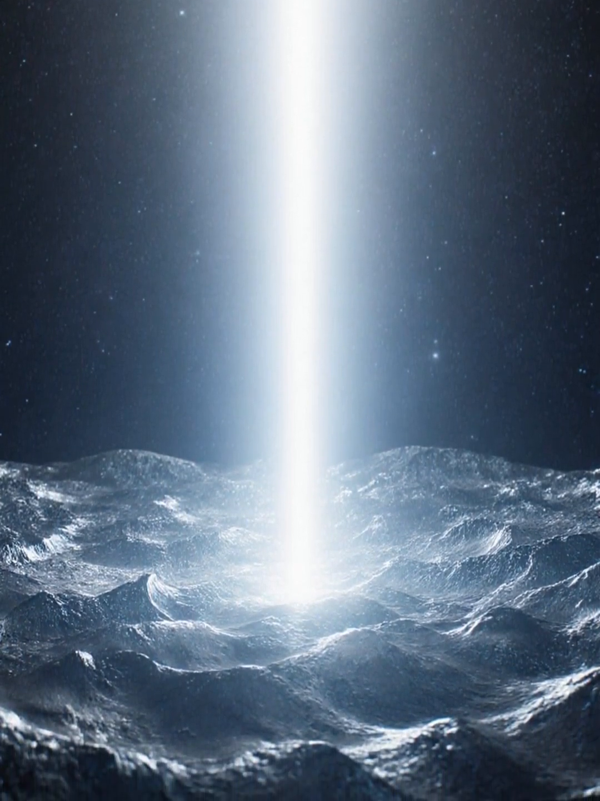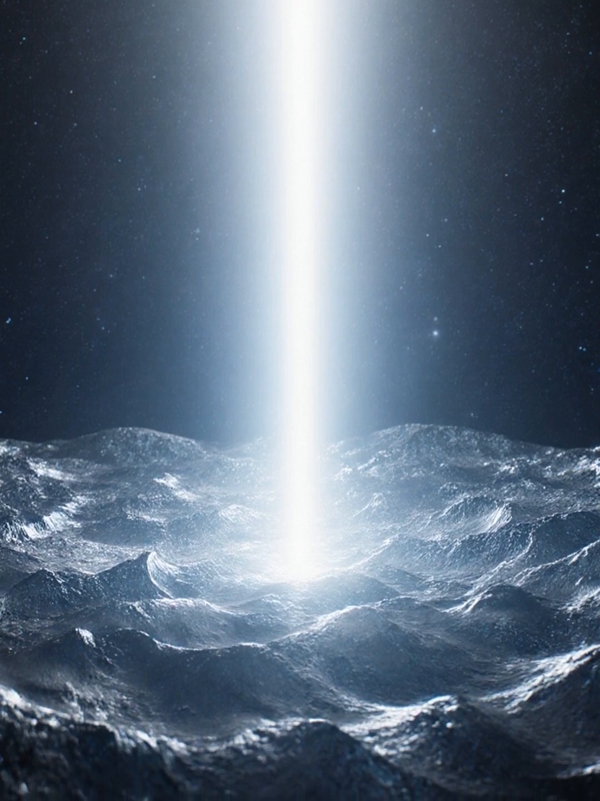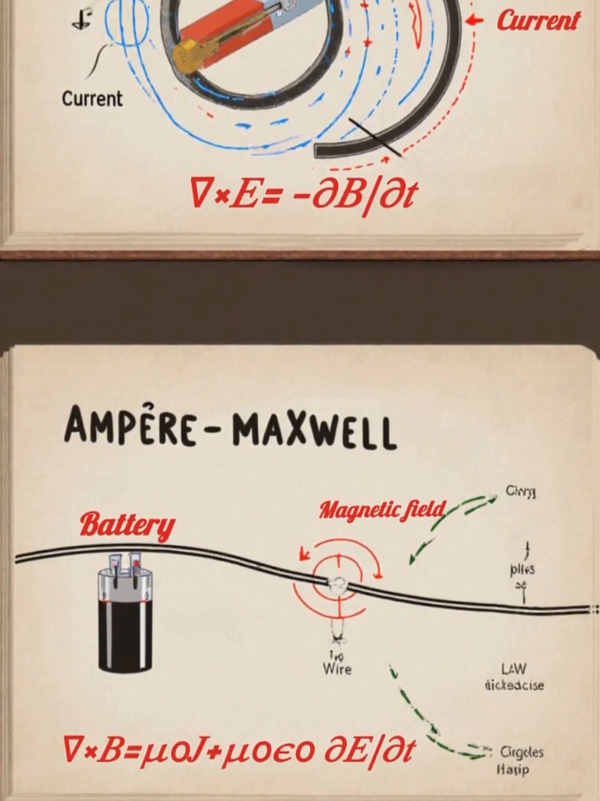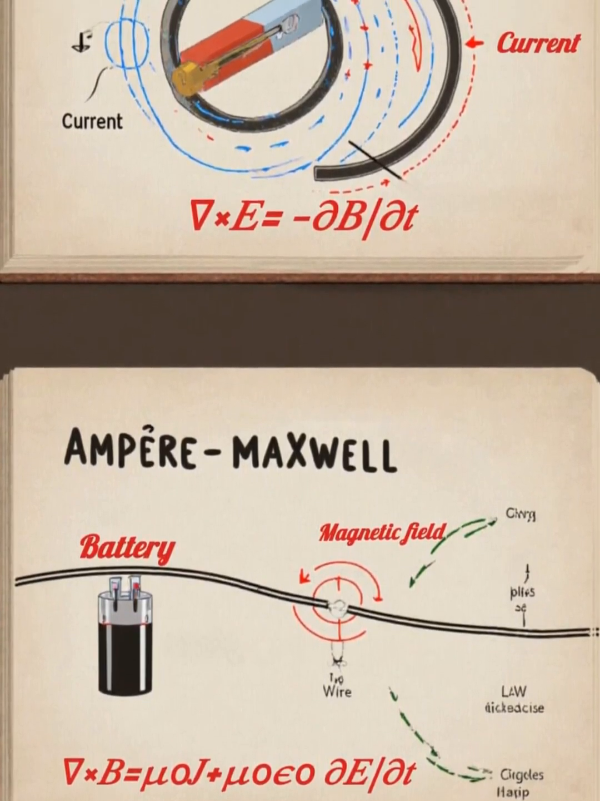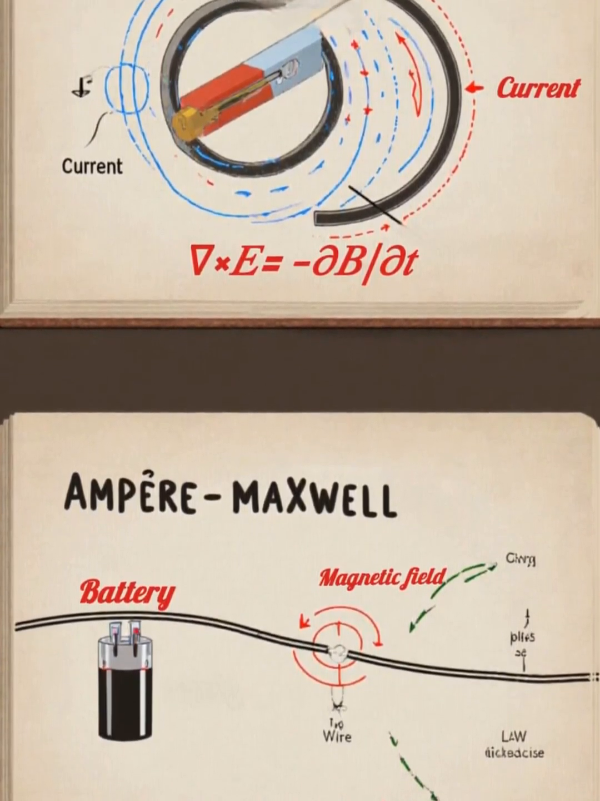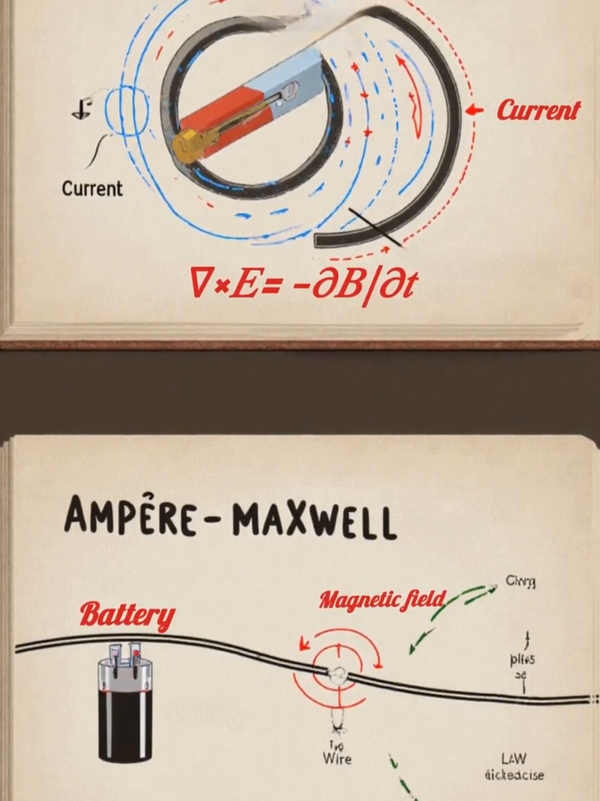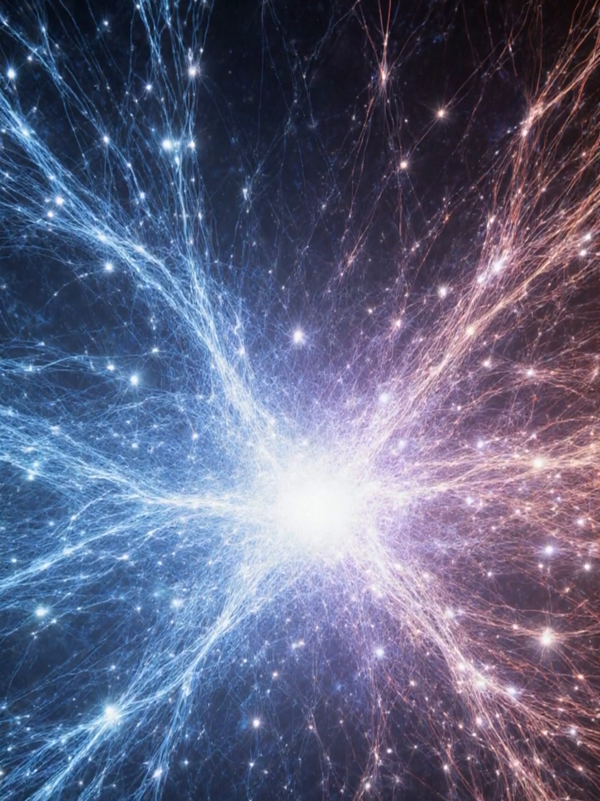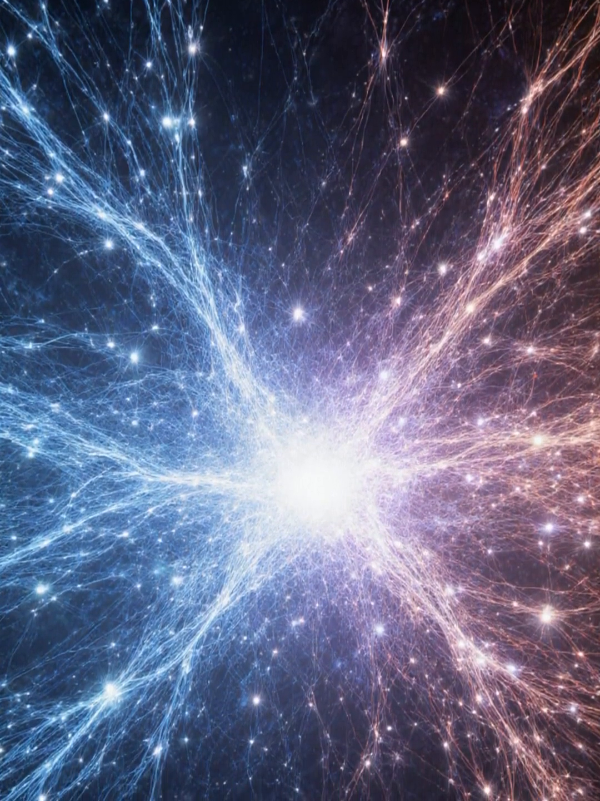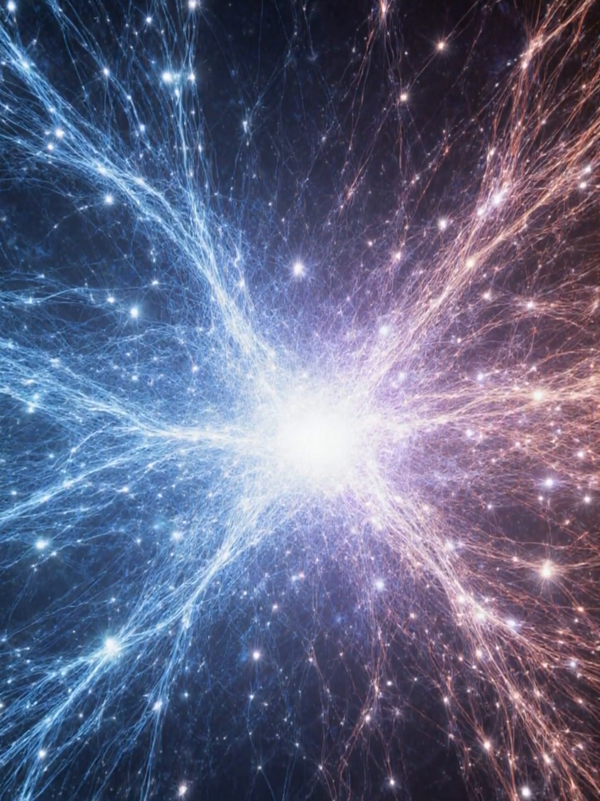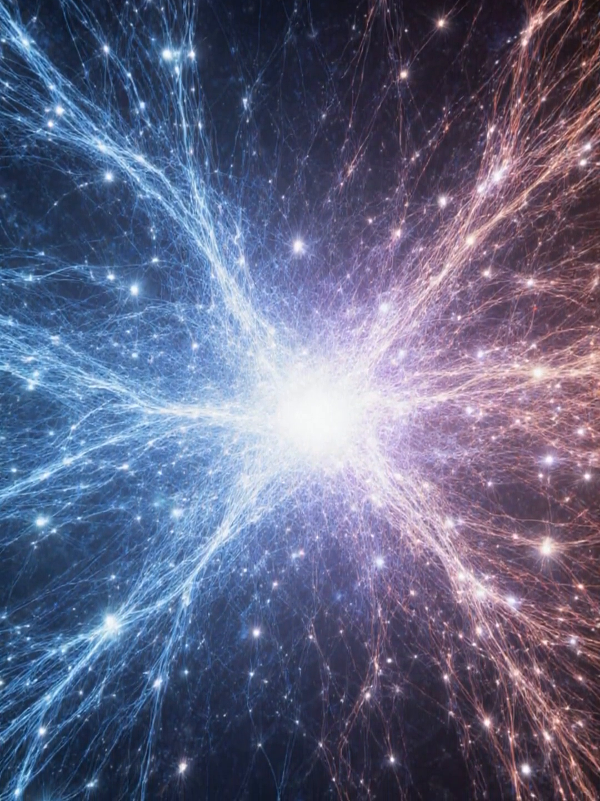They explain that electric charges create electric fields. Changing magnetic fields create electric fields: Faraday's law. Currents and changing electric fields create magnetic fields: Ampere-Maxwell law. And there are no magnetic monopoles: Gauss's law for magnetism. A set of four equations that describe how electric and magnetic fields are generated and altered